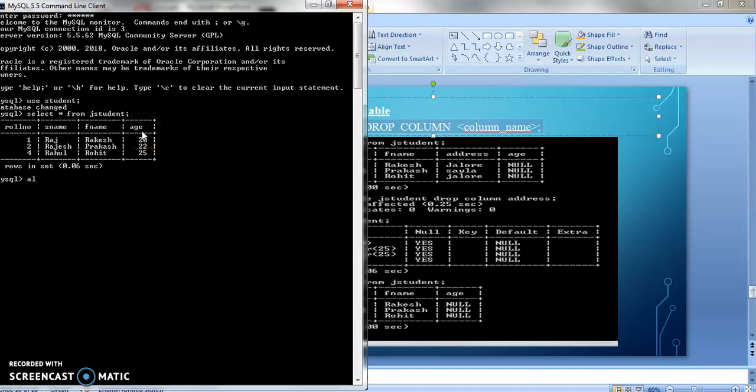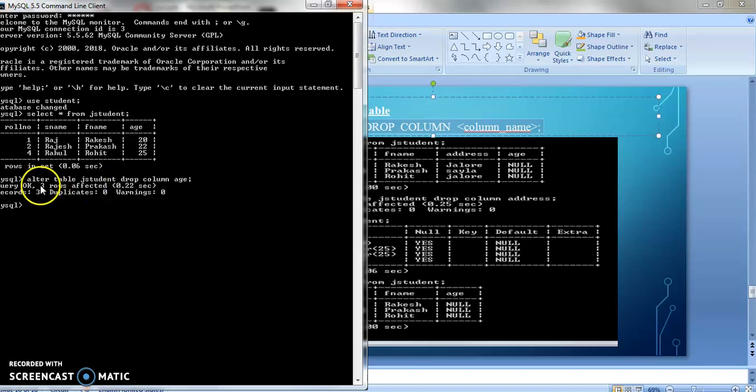So I will use alter table, and the table name is JStudent. So I will write JStudent, then drop column and the name of the column which I want to drop, that is age. And after that semicolon, then enter.